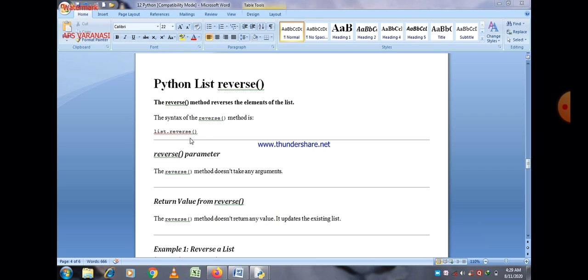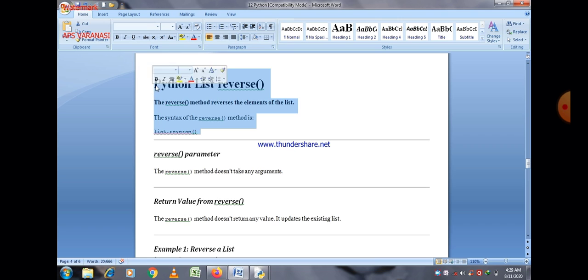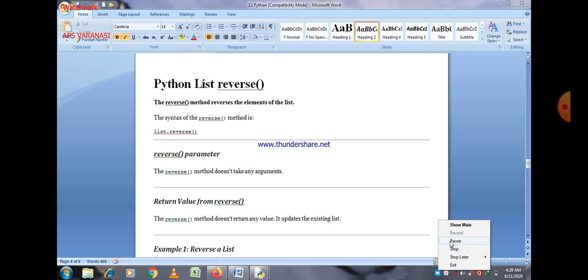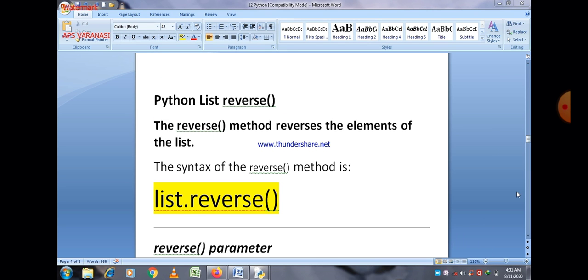So the first one is the Python list reverse method. As the name suggests, it basically reverses the list. It means all the elements are found in reverse order after using the reverse method. For this purpose you have to do only one thing: write the name of the list, put the dot operator, and then use the reverse method, and no argument will be passed here. So just use list dot reverse, and whatever the elements of the list are, if we then print that list, all elements are found in reverse order. Very simple to use and very simple to implement.